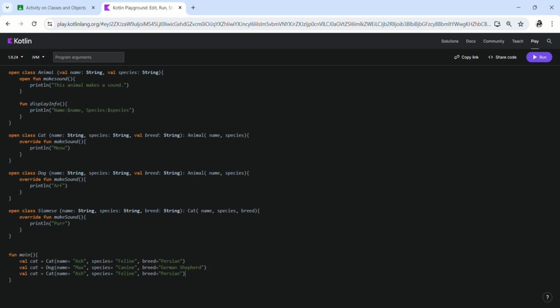Then Siamese. Her name will be Hershey. Species: feline.